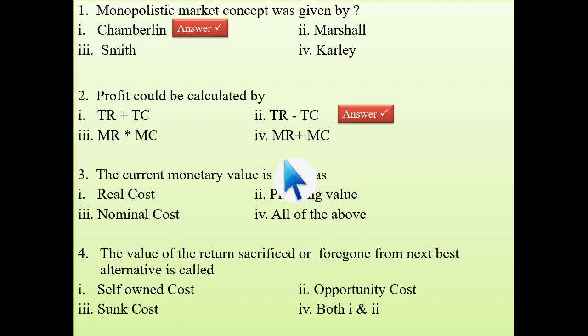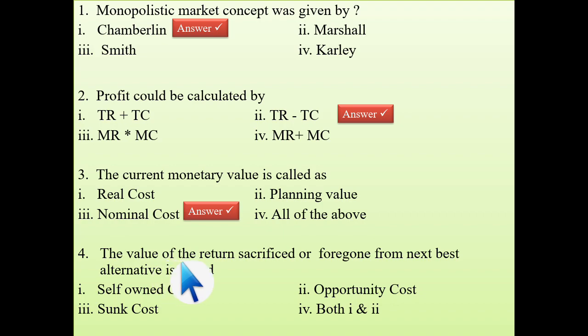Okay. Third question is, the current monetary value is called as... every time I have told you, whenever the current value or current monetary value is asked, the answer will obviously be nominal cost. Any kind of thing, if you are calculating the wages, if it is the current wage, that means it is the nominal wage. If the base period is compared, then you will go for real cost or real wage. Okay, clear? Okay, so fourth question.